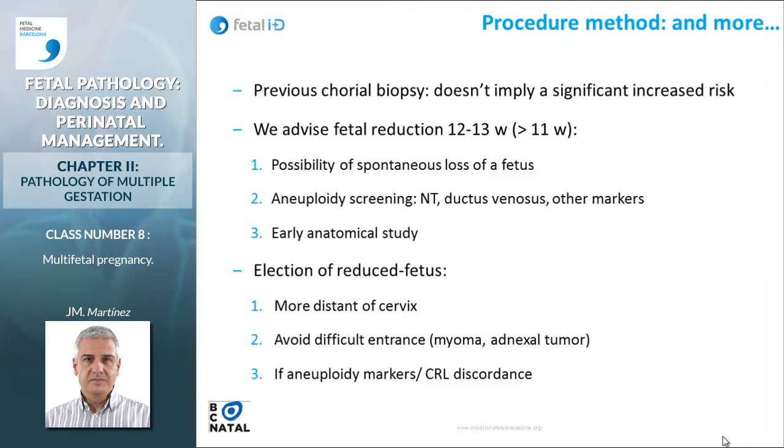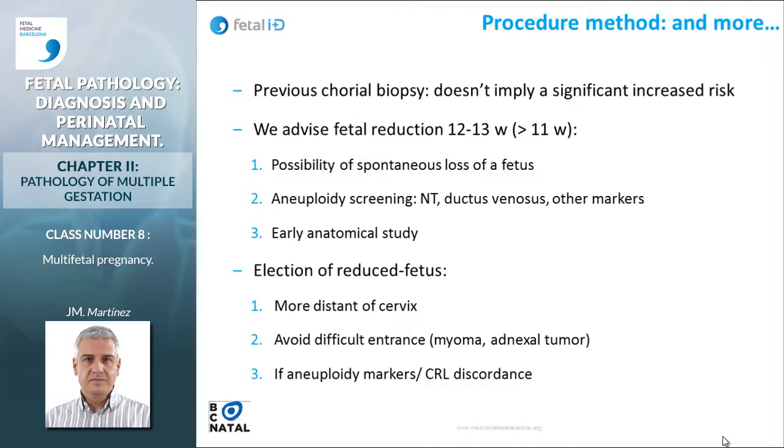and very important to remember that there could be the possibility of a spontaneous reduction before 11 to 12 weeks, so wait and be prudent. Regarding the fetus that will be reduced, we will choose the one that is more distant from the cervix. Obviously, if there is a chromosomal or structural malformation, that will be the one, and we will try to avoid difficult access and try to enter directly into the sac of the fetus that will be reduced, and avoid myomas